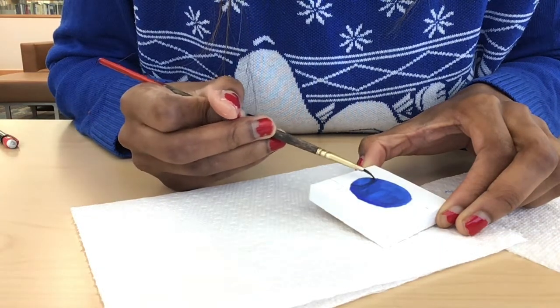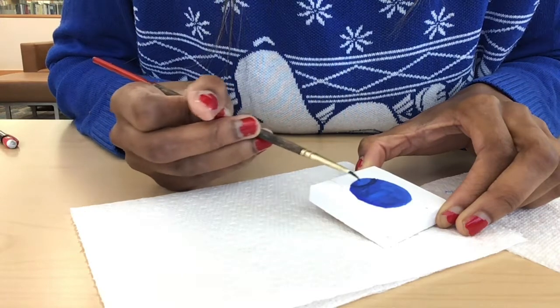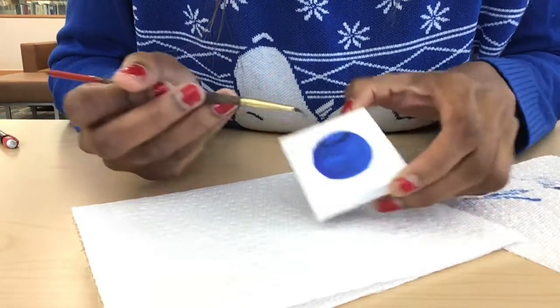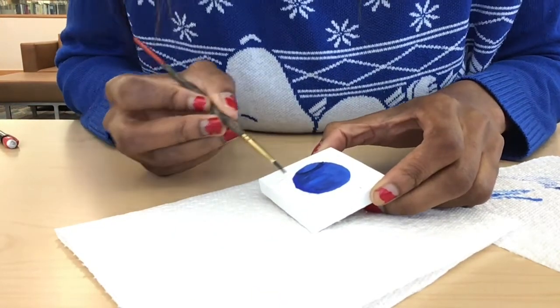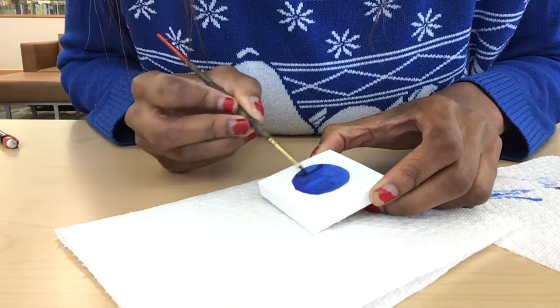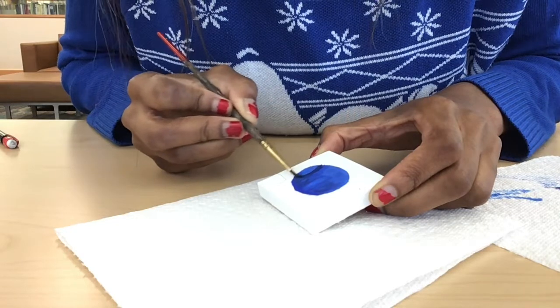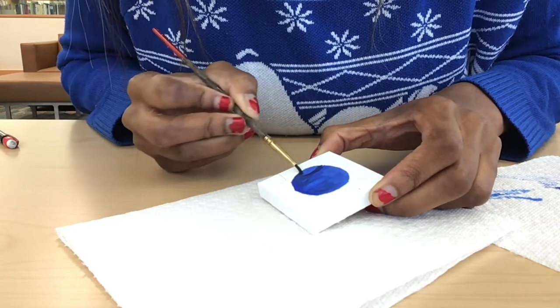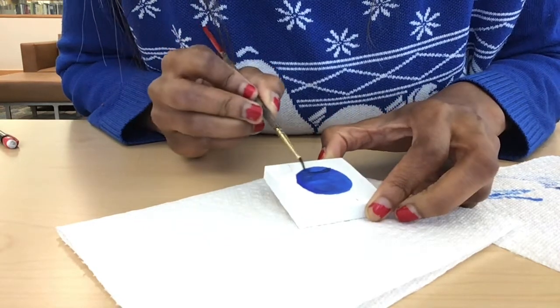Gonna go in and paint that. Deepen that up. You're gonna zigzag your way on through. You're gonna use the flatter part. You want to blend that out down here. Go into it